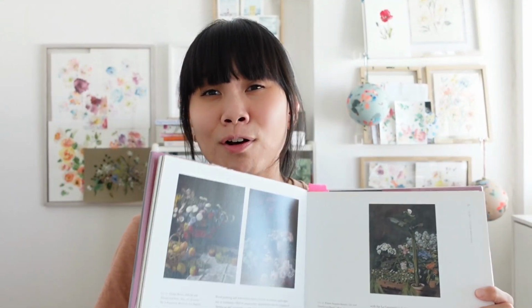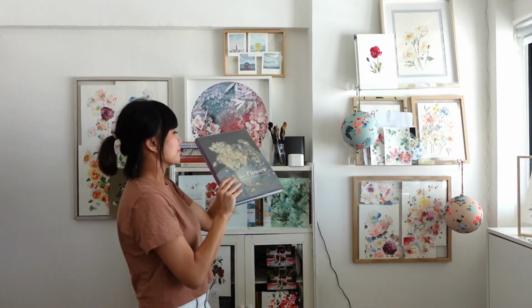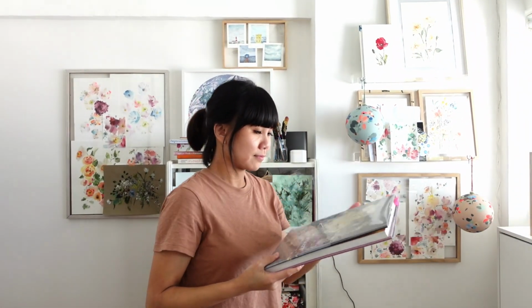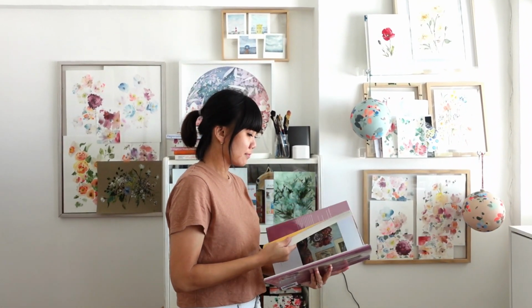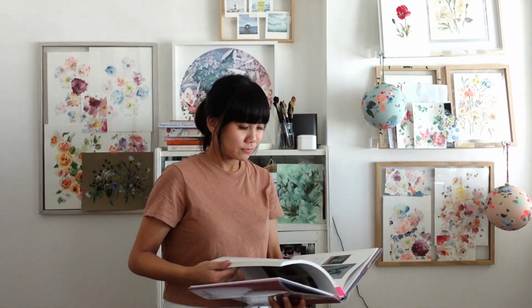I believe that books can change your art, and that's why I'm showing you a golden find that I found in the library and how it has also given me the chance to explore new ways of painting. After replicating a few paintings from this very book, I felt like I needed this book to stay in my home. And this is where I went onto Amazon to try and look for the book so that I could